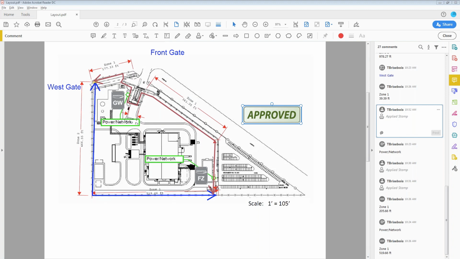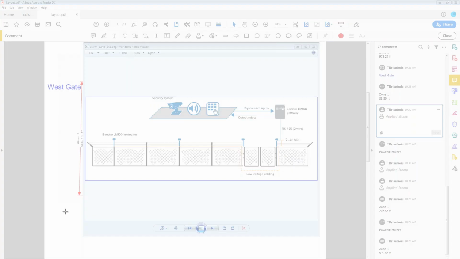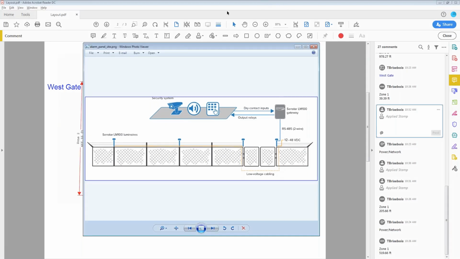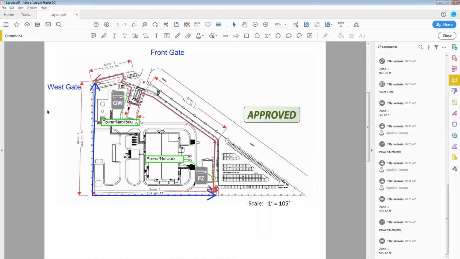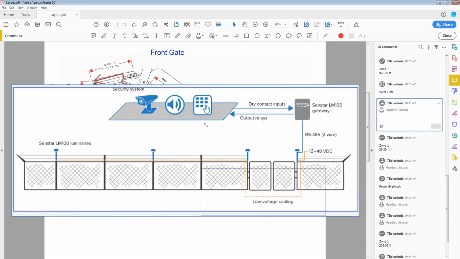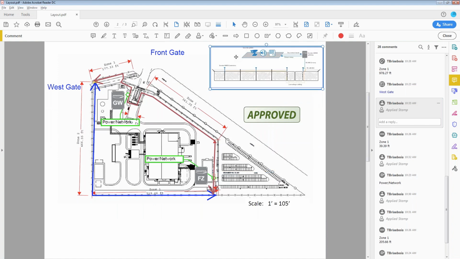I can take, for instance, a diagram like this. I can use some sort of screen capture tool, and I can capture that screen and copy it, and then within the PDF, I can Control V or paste it. And now I can size it. And maybe this might be a block diagram or something that offers more explanation of what exactly I'm